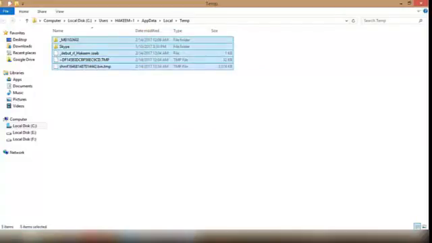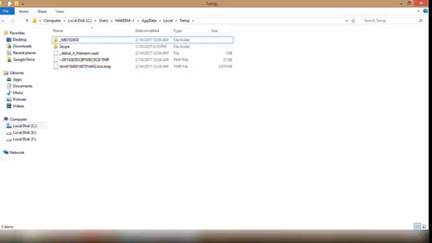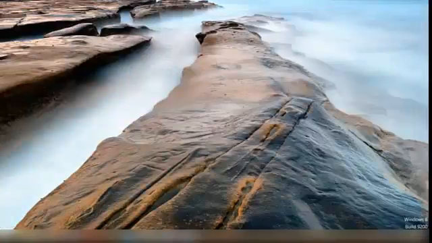If there are more files here that are not friendly for your system, they will be deleted automatically by this process. Because I have run this command before, there is nothing showing here, but when you do it on your system, there will definitely be temporary files of your Windows appearing here.